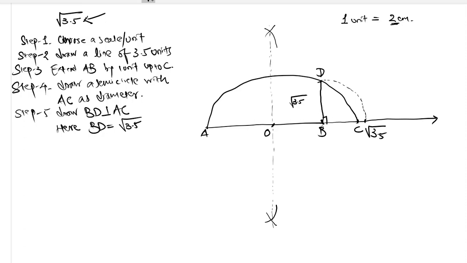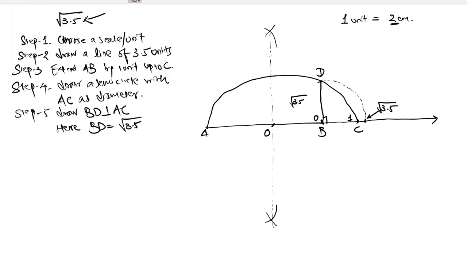Okay, so what is point B? You will ask me where is 0, where is 1. So point B is nothing but 0. Point C is 1. And this point which you got over here is root of 3.5. Right? So this is how you plot root of 3.5 on a number line.